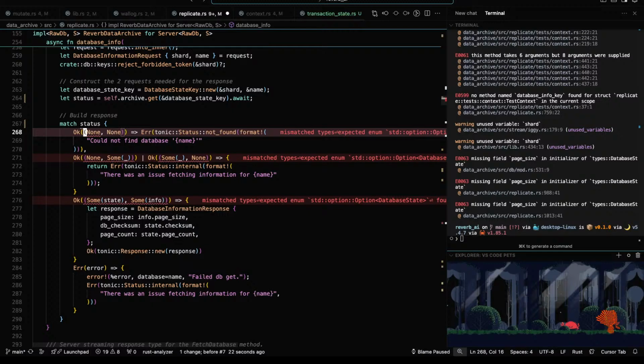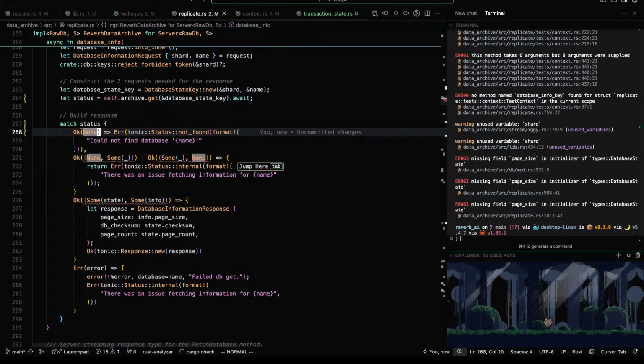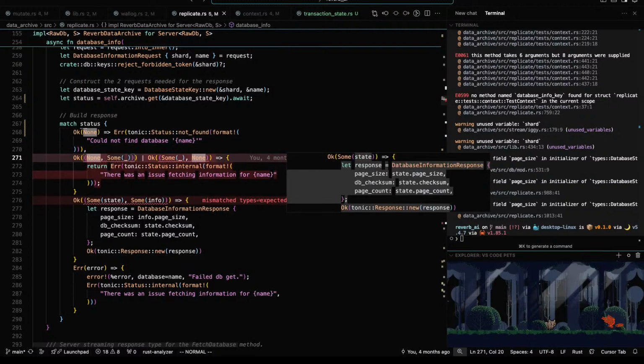So the first one was if they were both none, right? If both of them didn't exist, database obviously not there. If one of them doesn't exist, there is an issue. Here, let's get rid of this.